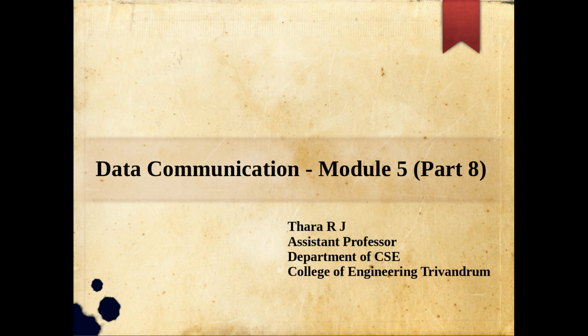Whenever the sender wants to send some information, it takes the message for which we want to append the error detection code and multiplies it by 2 raised to n minus k. Here n is the total length of the message to be transmitted after appending the frame check sequence, the error detection code, and k is the length of the original message. So n minus k is the length of the frame check sequence.